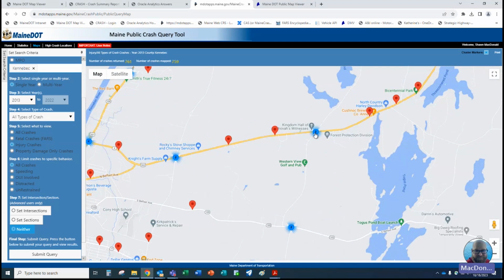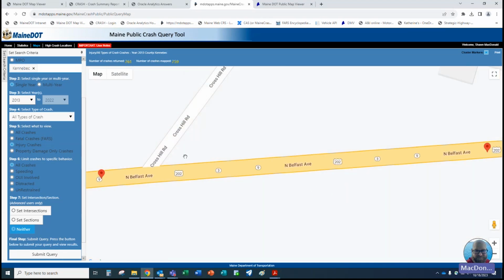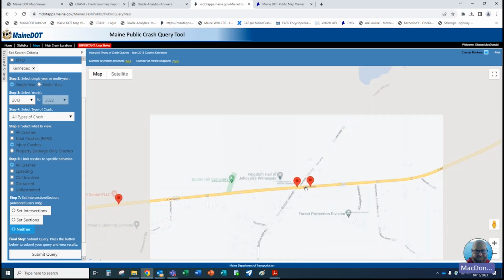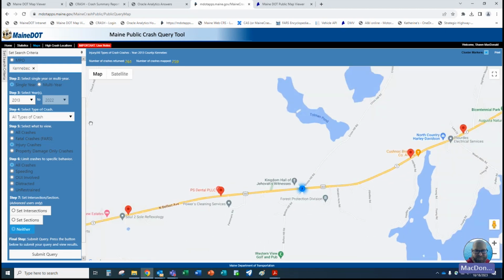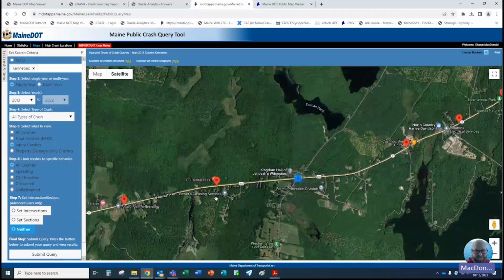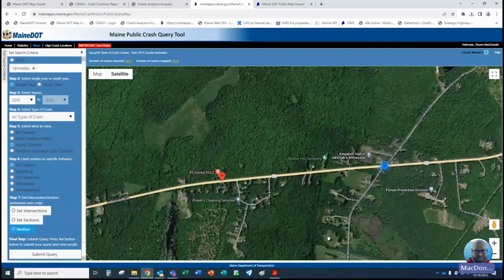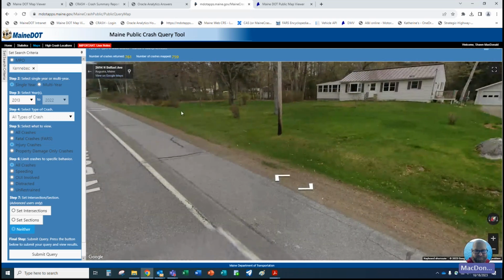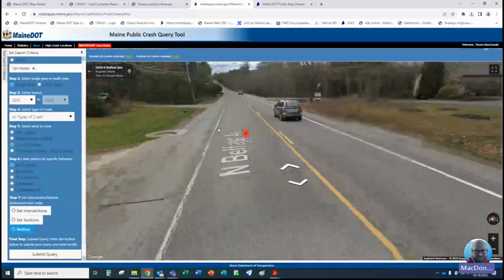So you can keep zooming in. Each time you click on one of those, it takes you a little closer. This is where those two were, a bubble that had a 2 on it. And you can change the view from just what we're looking at to a satellite view as well, which is always nice. And then say you wanted to get down in this area right here, you were curious about that. You grab this little guy here, you drag him over, get yourself a little street view. And you can pan around and see exactly where that pedestrian crash happened.